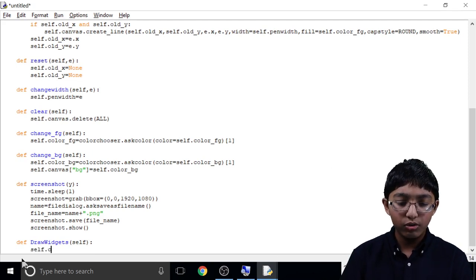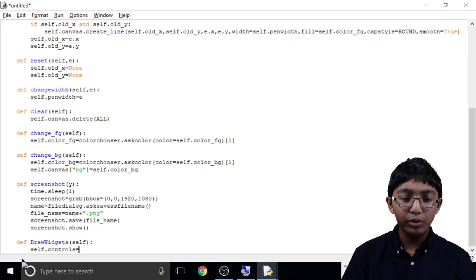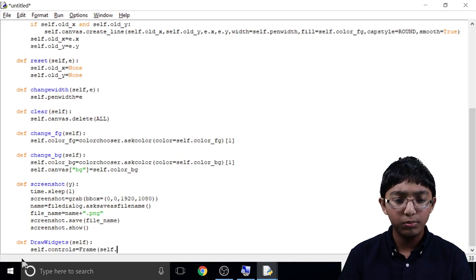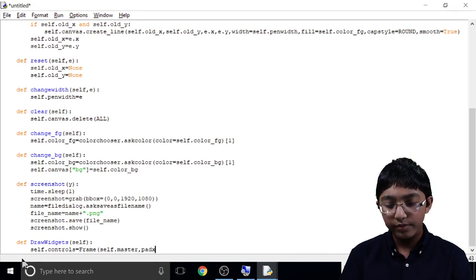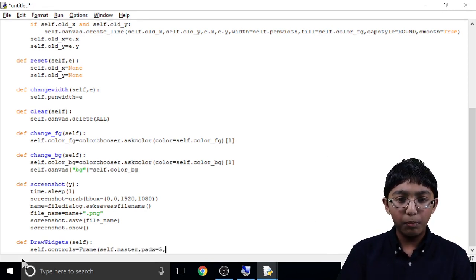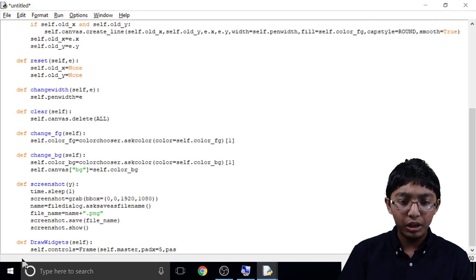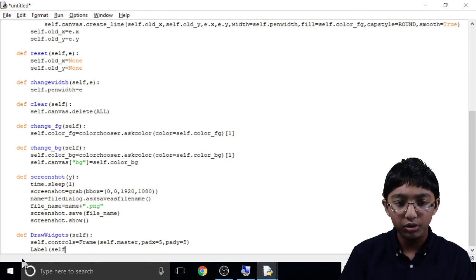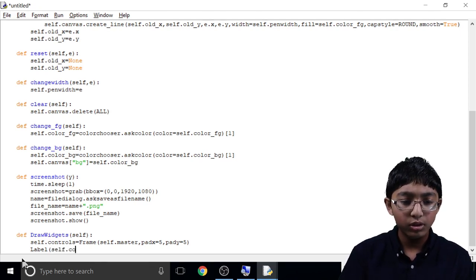Self dot controls equals capital F frame, open brackets, self dot master, comma, pad X equals 5, comma, pad Y equals 5, close brackets, enter, capital L label, open brackets, self dot controls,